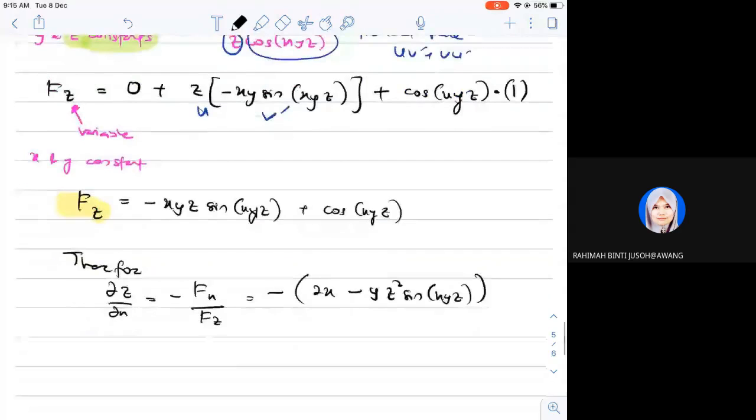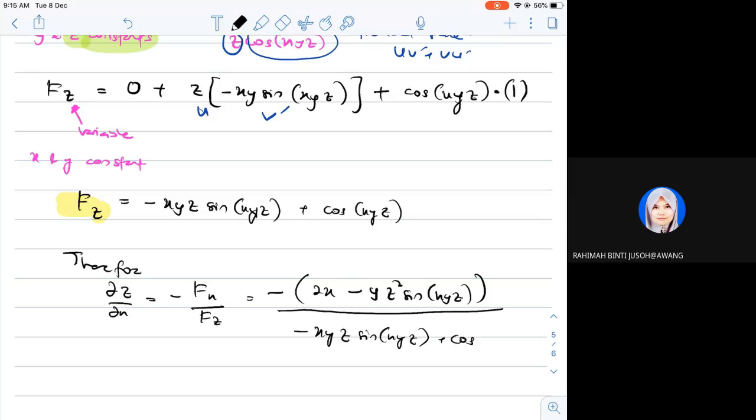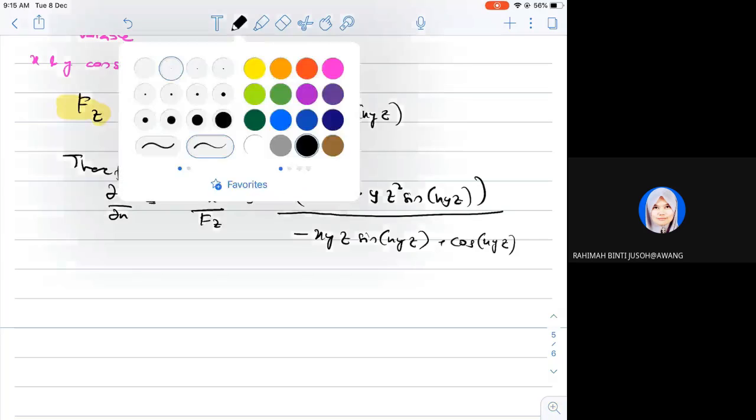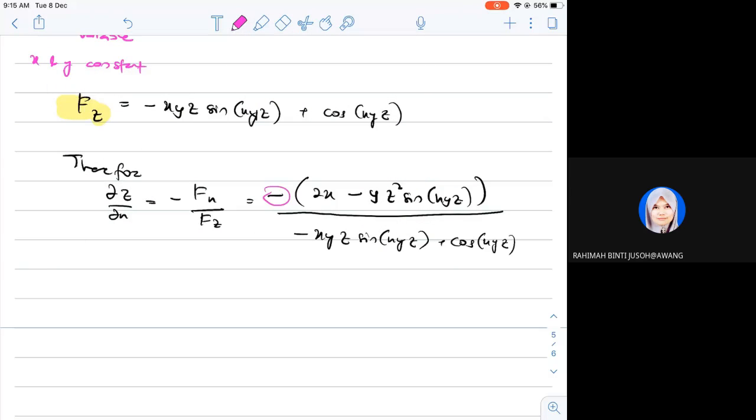Okay, divides by your Fz. Fz is negative XYZ sin XYZ plus cos XYZ. So guys, now kalau you nak simplify, you boleh darab masuk lah. You darab je negatif ni dekat dalam ni dengan dalam ni. So you akan dapat final answer would be equals to positive YZ squared sin XYZ